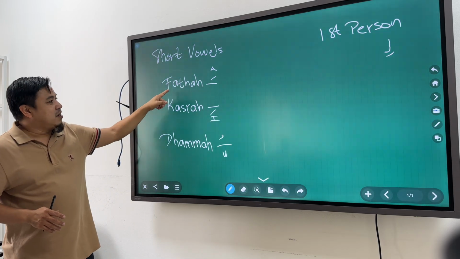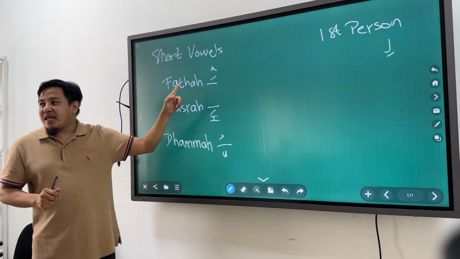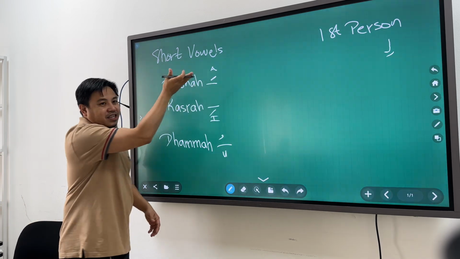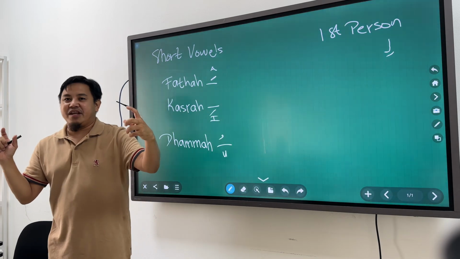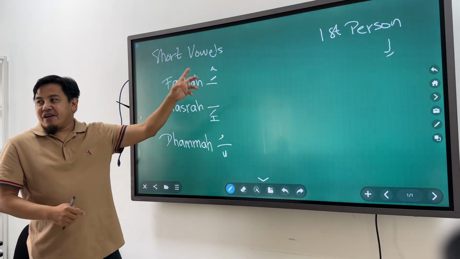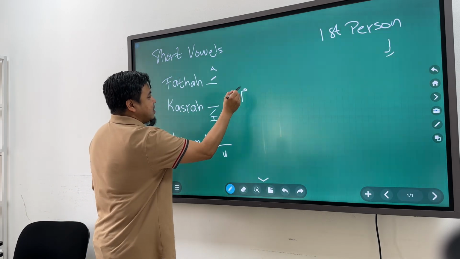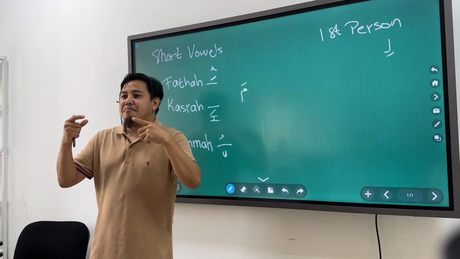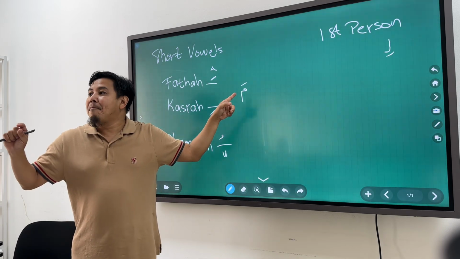So the first one, the name of the vowel, we call fatha. This fatha, you can find the symbol as a small slanting line on the top of any consonant letters of the Arabic alphabet that will give you the sound ah. Alright? So for example, the letter is letter mim. When you see the mim that has fatha on the top, you say the letter mim as mim fatha. You read it as ma.